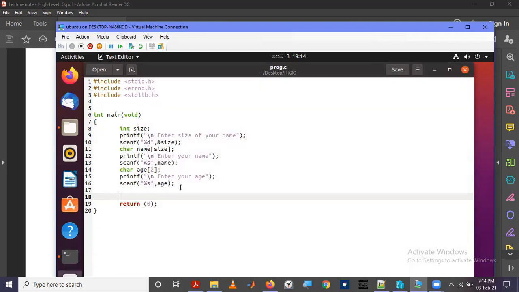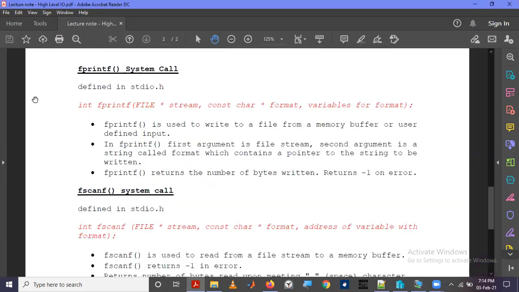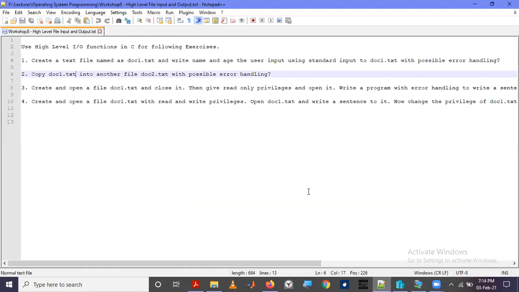Okay, so then we will go for this now, high level system input output. So what we are asked to create is a file named doc1.txt, and we have to write to that file. So it is better to open this file as write only.